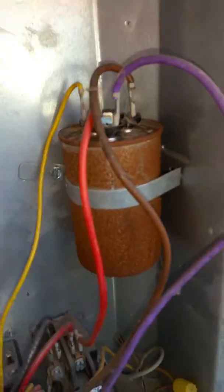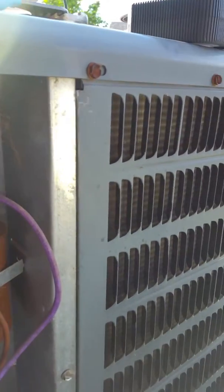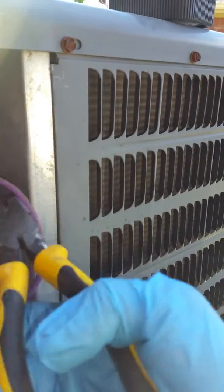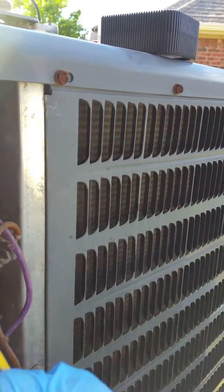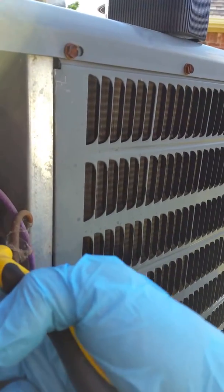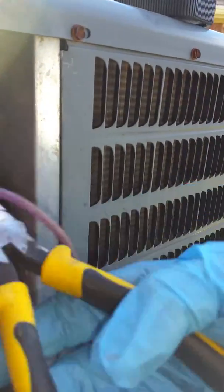Okay, so it's been about 10 minutes. So first you have to discharge the leads from your capacitor, otherwise you'll get a false reading as it goes to the windings of the motor. And then you test